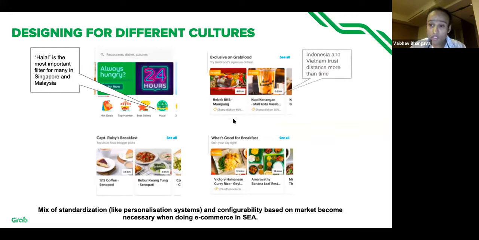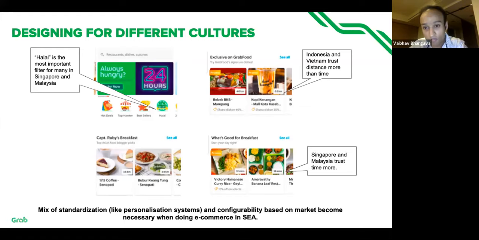There are different life experiences which make certain users trust different things. Markets like Indonesia and Vietnam, which have a lot of traffic, want you to tell how far the restaurant is, because they have gotten used to not trusting the time shown by Google Maps. Whereas a market like Singapore, where this problem doesn't exist, wants you to show time, because distance isn't really